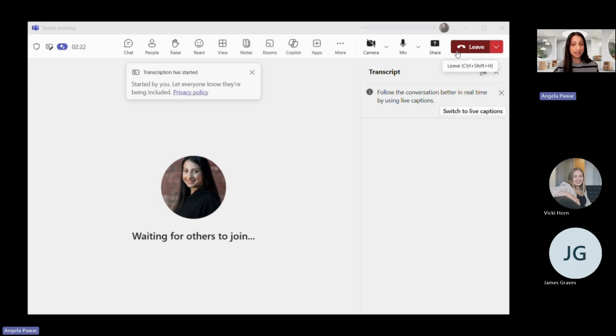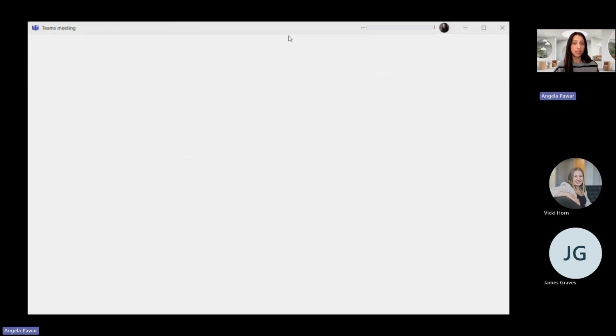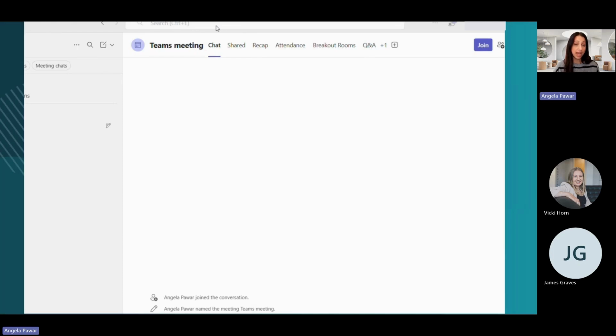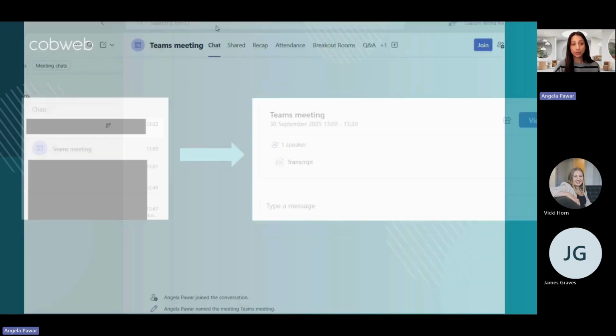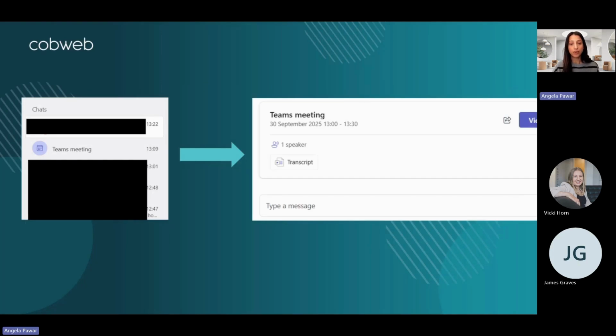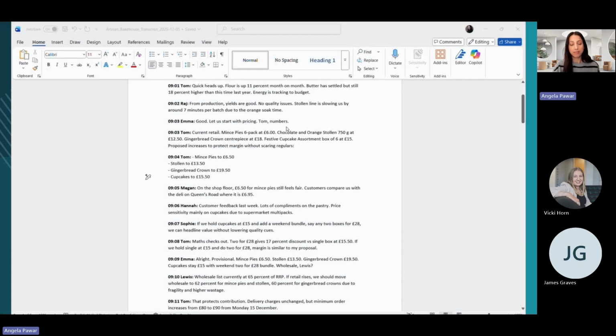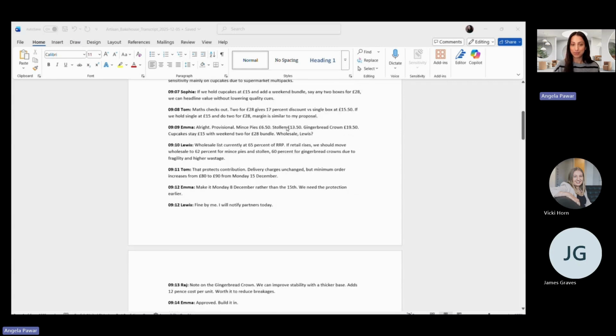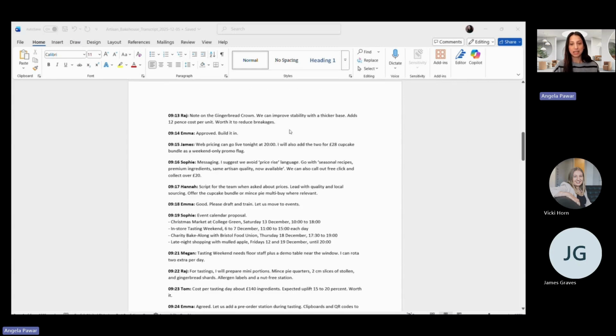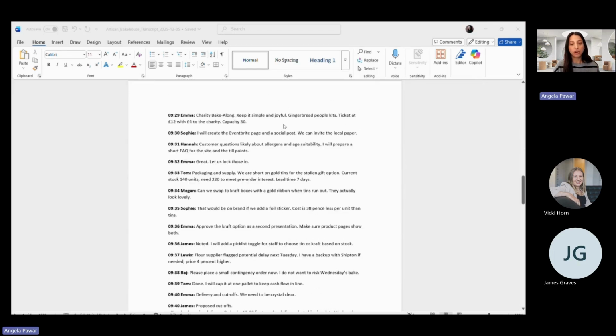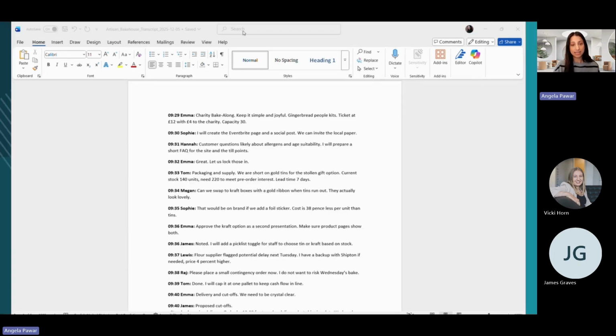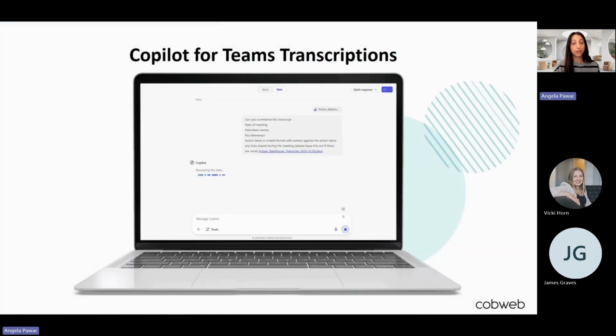When the meeting ends, that transcription will be deposited back into your Teams chat. So whatever your Teams meeting was called, my meeting was called Teams meeting, go onto it, and then it will show you an area that says transcript. So you can download that transcript, and it will look, in my case, this is a fake transcription, all around updates between a couple of colleagues. So what I'm going to do is I'm going to save that transcript now,